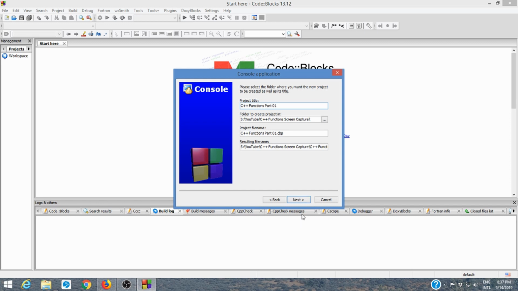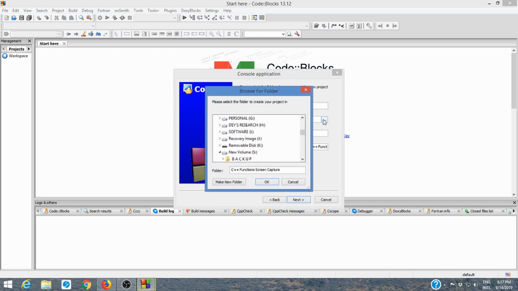That is the project name, and of course there will be a destination folder, so I can select the folder also. Okay, so I have selected a folder,